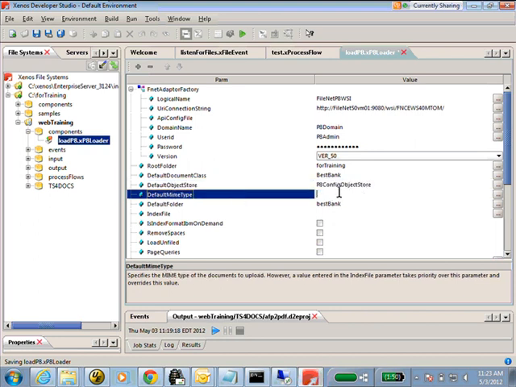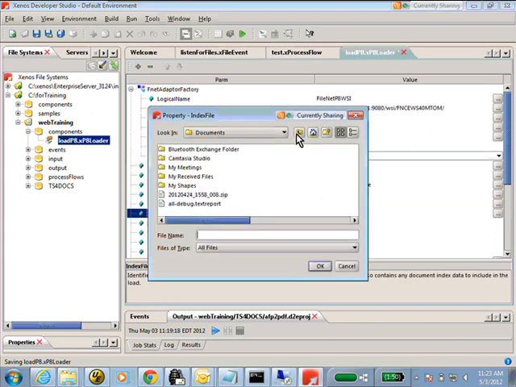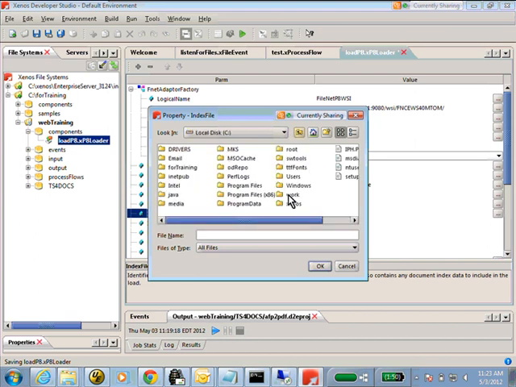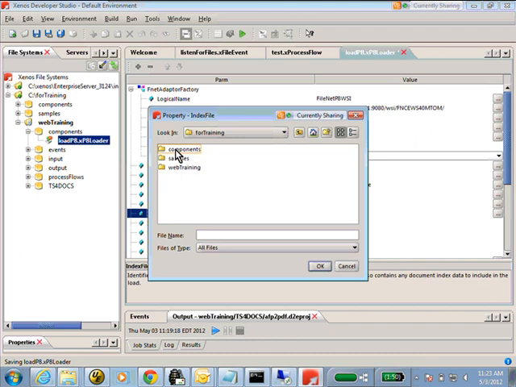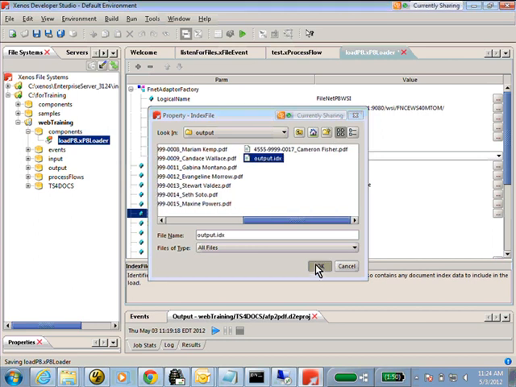On type, we're going to be loading PDFs in this particular training session. And we're going to use the index file that we just created. I can point this to the index file now, which is what I'm going to do. But when we push it into a process flow, we'll actually utilize the index coming out of the document transformation. This, click OK.